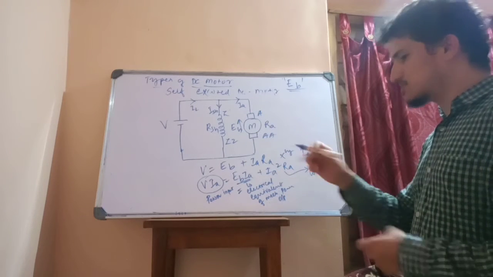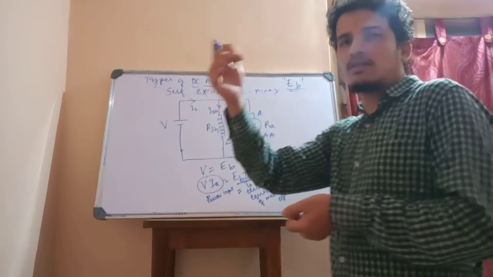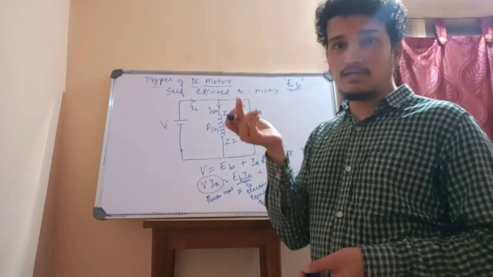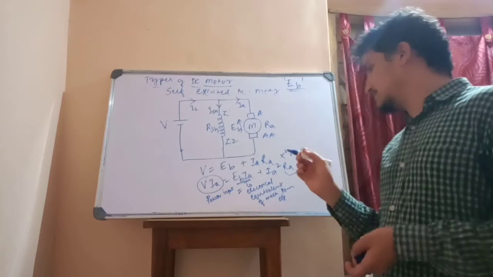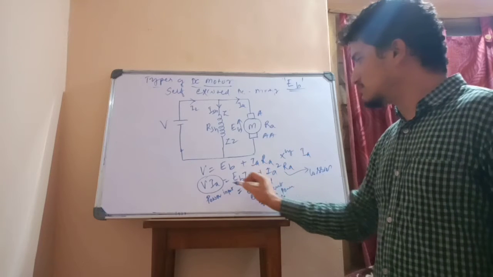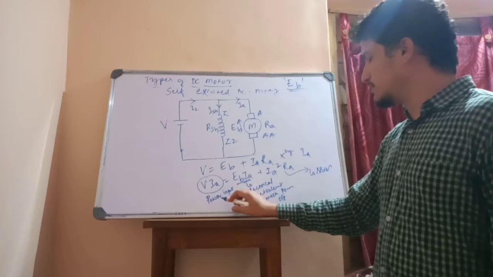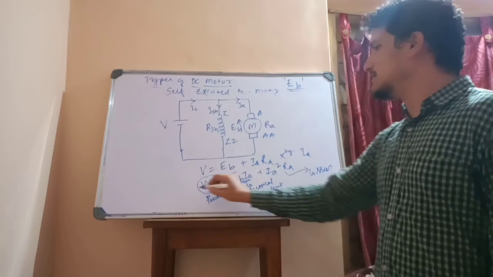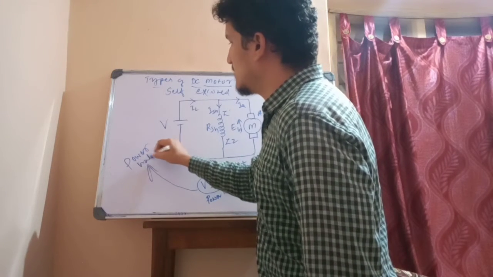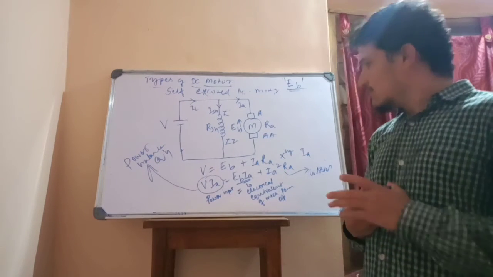What is a motor? A motor should give the mechanical output. Rotating action should take place. That will be coupled with any load, a lathe, a rotating pump, centrifugal pumps, anywhere you can connect. So mechanical power should come. What is the equivalent in terms of electrical? How can I write it? EB into IA. So input is equal to output plus losses. This equation is called the power balance equation.